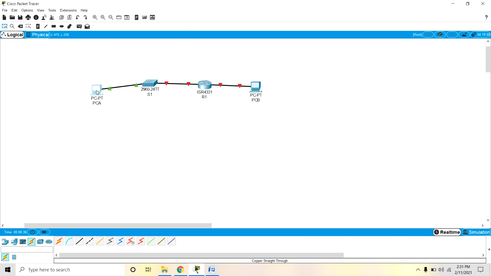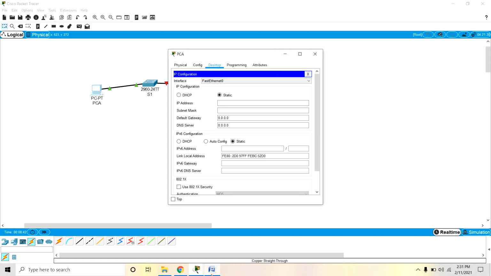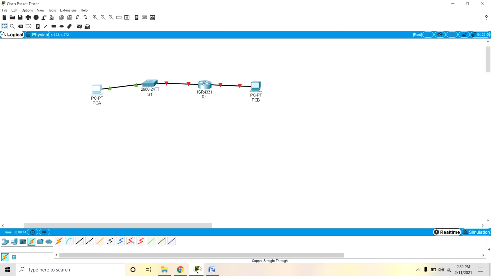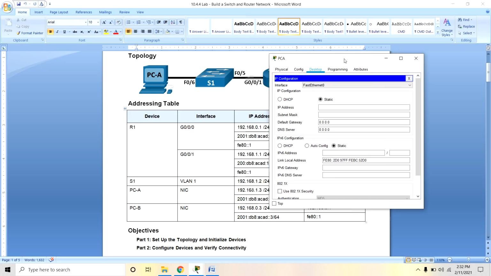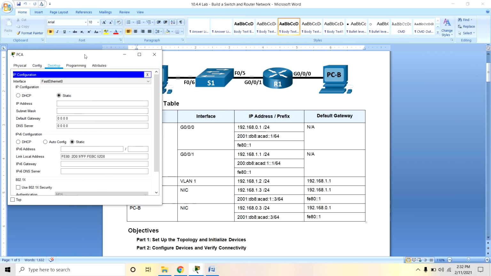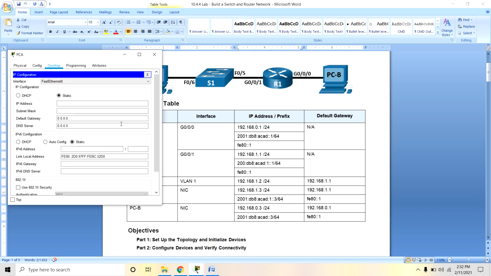Now you can open the PCA IP configuration. You can assign the PCA IP address, 192.168.1.3. The default subnet mask comes here, and also the default gateway.